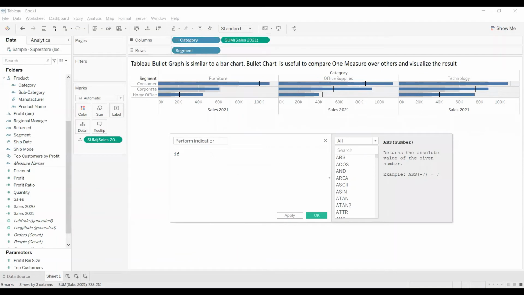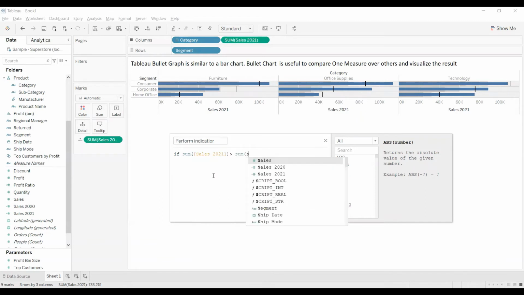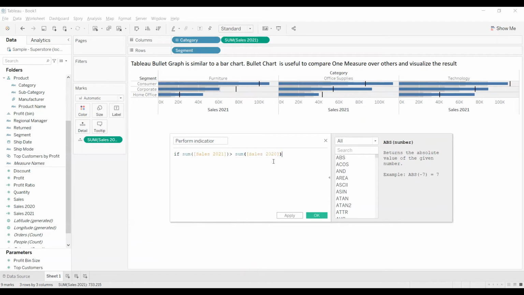If my sum of sales 2021 is greater than sum of sales 2020, then "good sales".